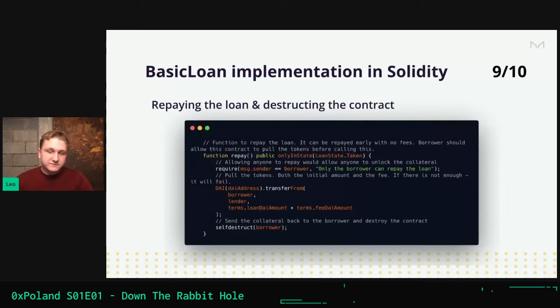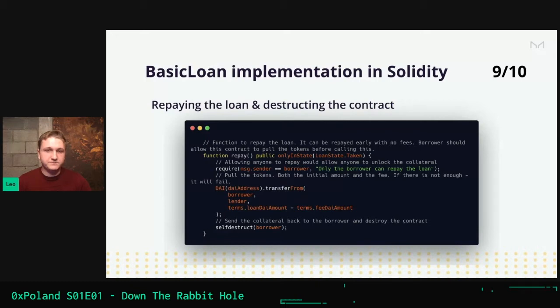Third function is the function that's used to repay this loan. Whenever we can repay this loan, we check that the message sender is the borrower. Why do we need this check? We need this check because in the real world, if anyone repays your loan, you're good with that. Like, why would they? But it's good for you. Here, when they repay, they get the collateral back, and you don't want that. And that's why we check that the borrower is the message sender, because the collateral amount should be actually more